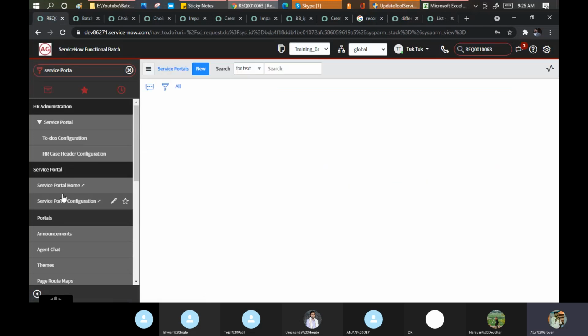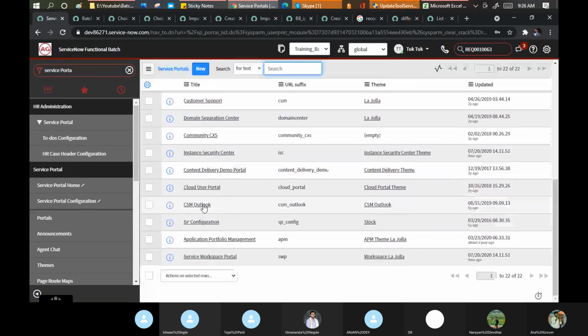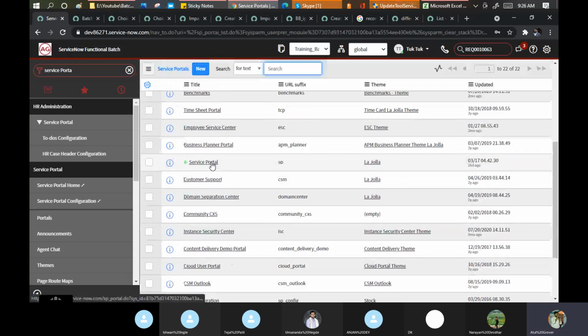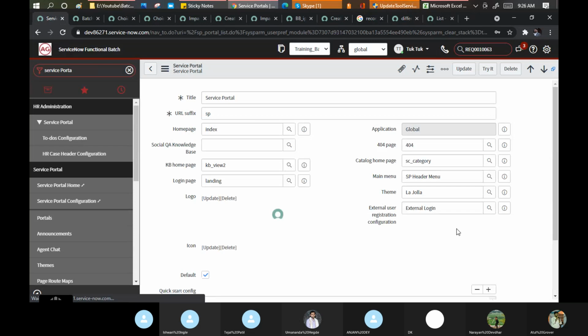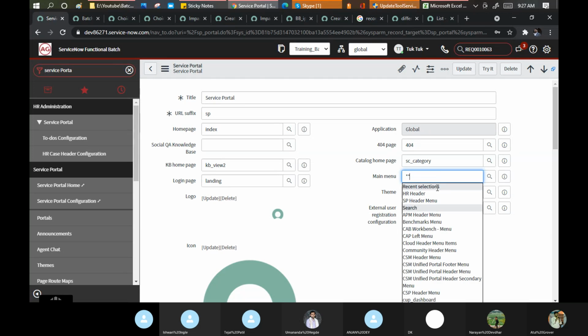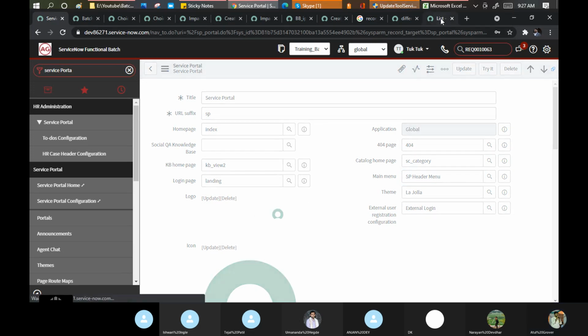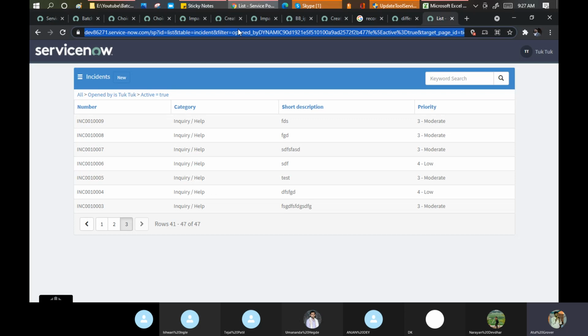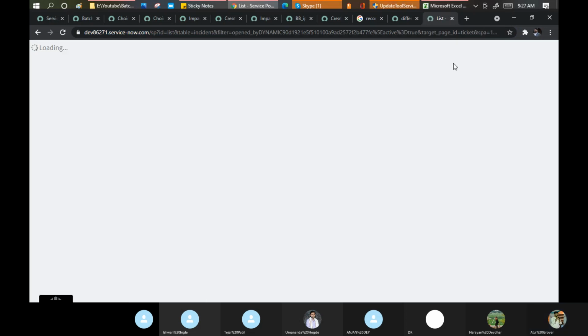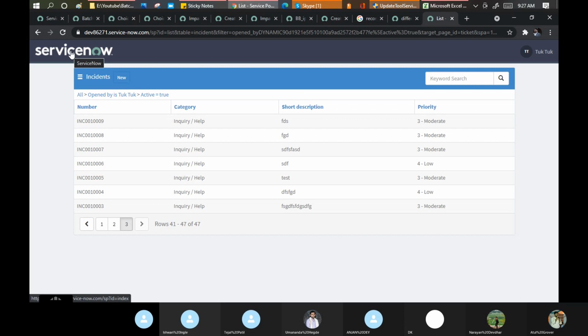Portals. Where is the service portal? This one, right? HR header menu. It was there earlier. Why is it not working for me? It should show something. Okay, Tejal, check this part.